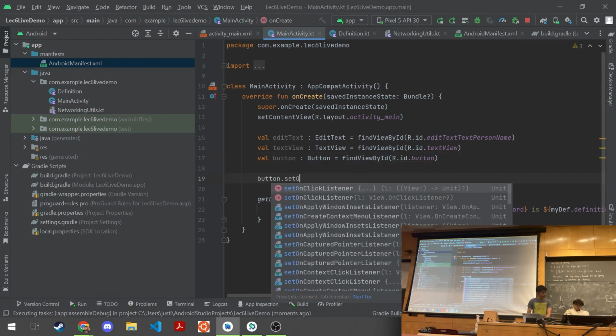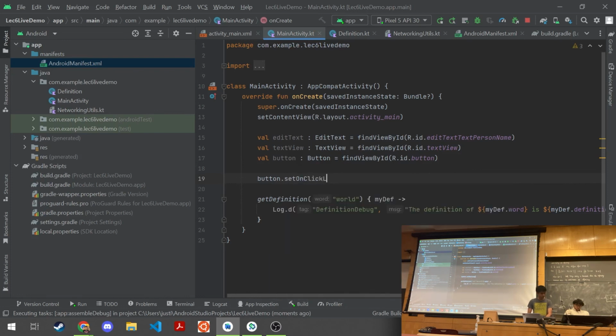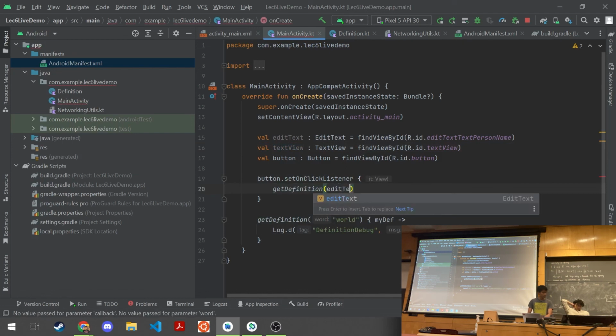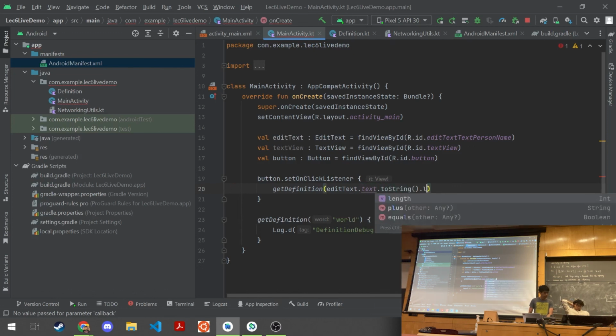So we'll make an on-click listener to listen for a click. And when this button is clicked, we'll have to take what word is defined here in the edit text, throw it into our get definition, and then use the callback function to take the definition it pulled and throw it into the text view. So let's run through that. Make a get definition call with the edit text's current text as the word. And I guess we can just throw that to lowercase.